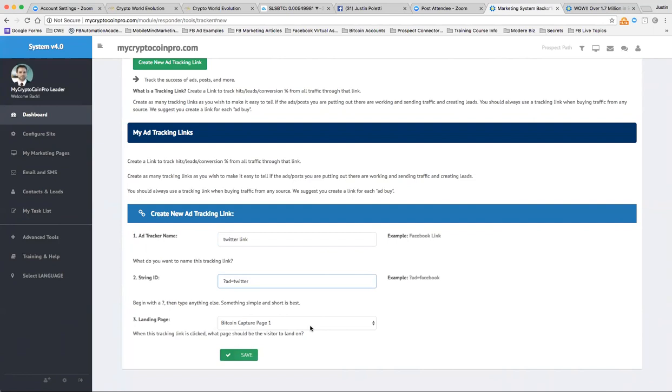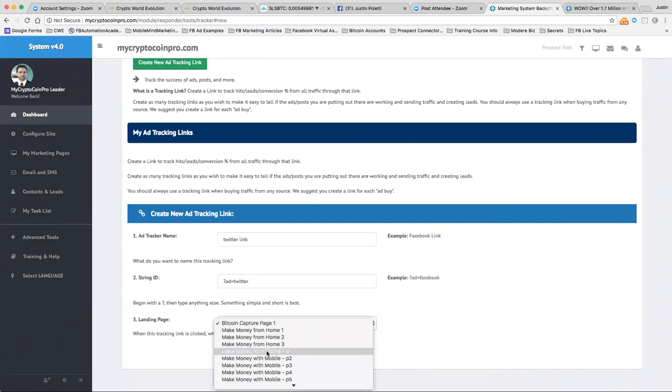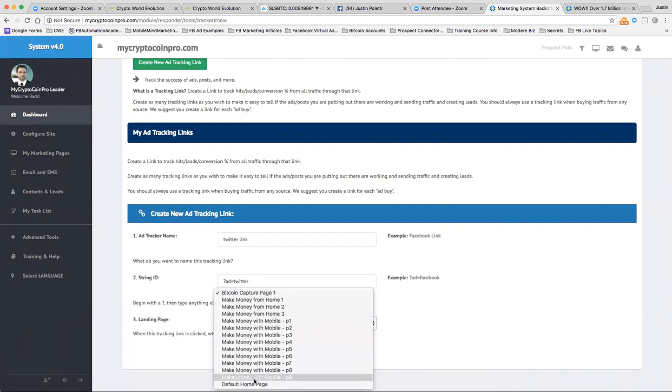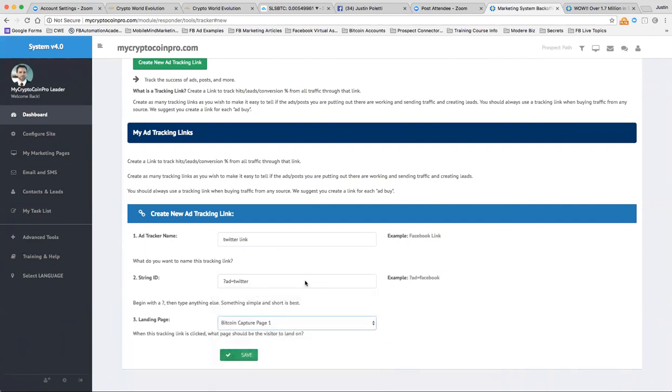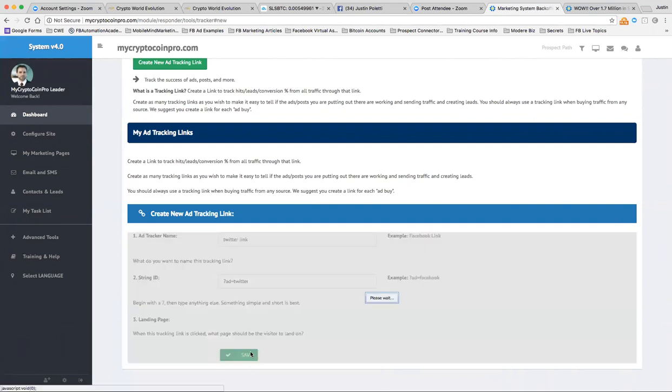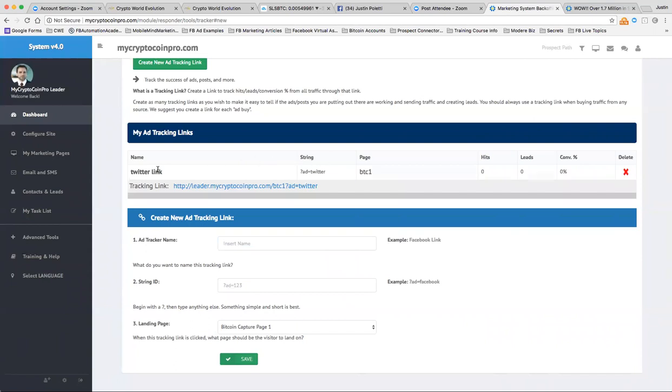Okay, now what landing page do I want to track? Let's just do the Bitcoin capture page 1. Okay, and I'm going to click on save. Now it actually generates that link right here. So it's a Twitter link. So this link here is where I want to advertise this on a Twitter ad or whatever, somewhere in my